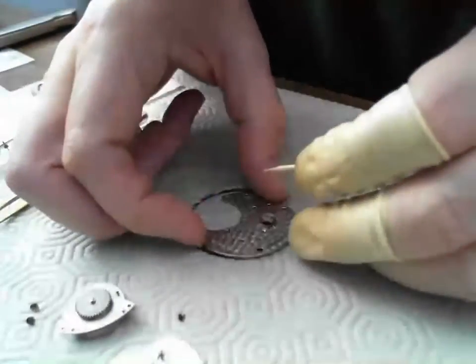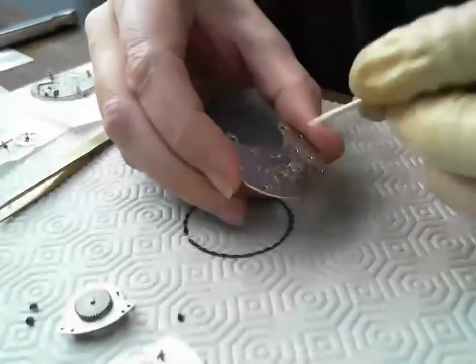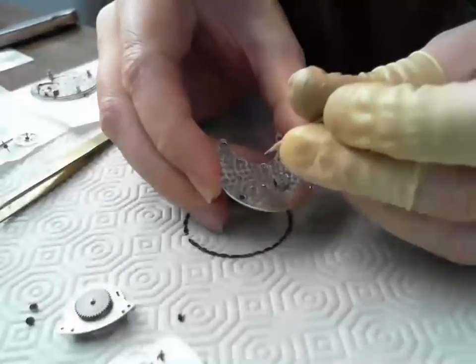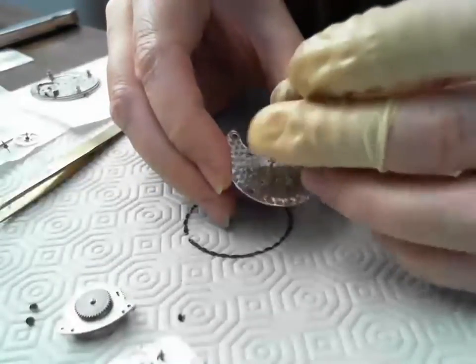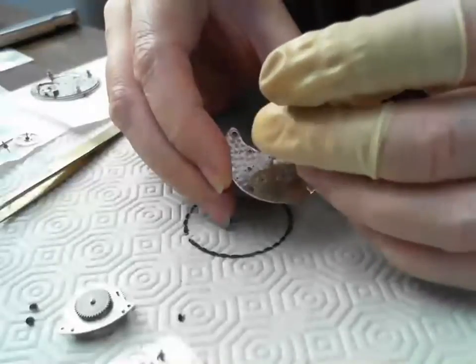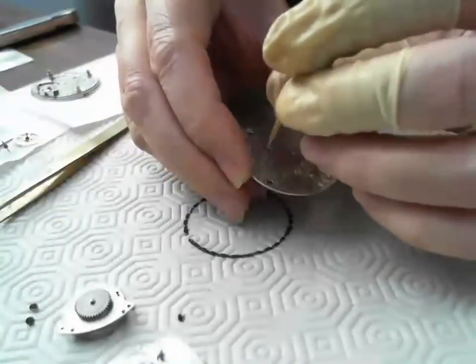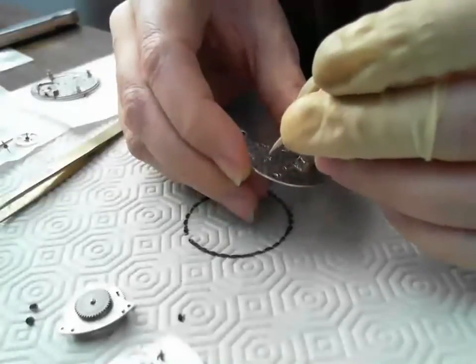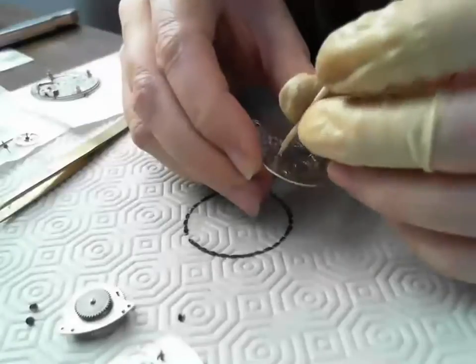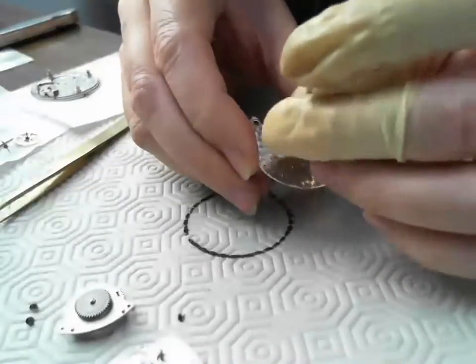So I'm going to touch the edge of this, which shouldn't be too hard on my hands. And then I'm going to peg out the jewel holes nicely. You don't want to push too hard, because you could end up popping the jewel out, which is not recommended. So I peg these holes out. And later on, probably don't need to do it, but I've got a USB microscope that I bought from